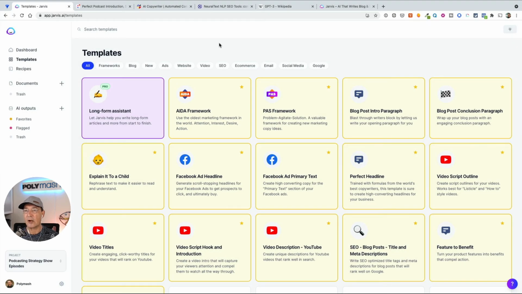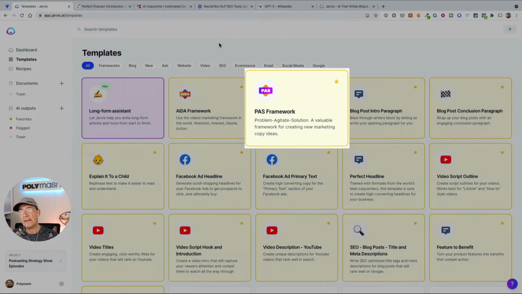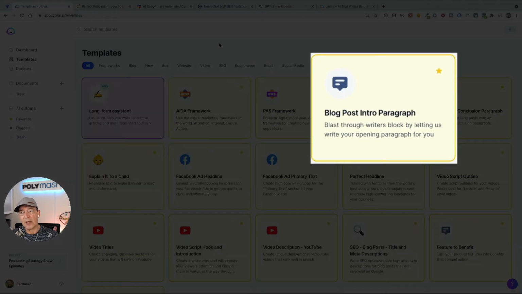The next framework is called the PAS framework, and that stands for Problem, Agitate, Solution. It's just another way of stating something and then offering a solution for it. And that's often a good way to introduce a topic. The next one is a blog post intro paragraph.